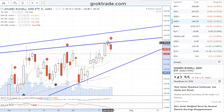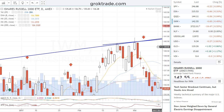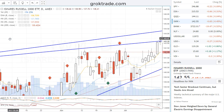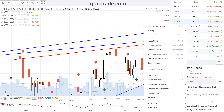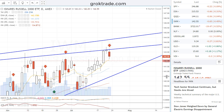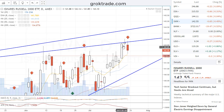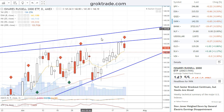I'm going to take this line, go to this swing high, making sure it still makes sense technically speaking. Do another line here. Do another line, see if that makes sense. So see, it broke over these lines and then came back. So anyway, that was quite a run. It's a rare occurrence to see it pop, and then anyway, in the scope of this video, I'm not going